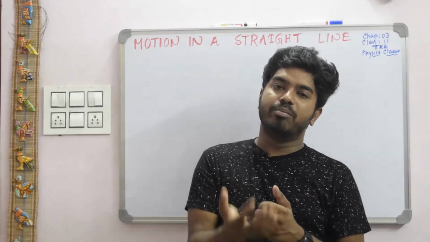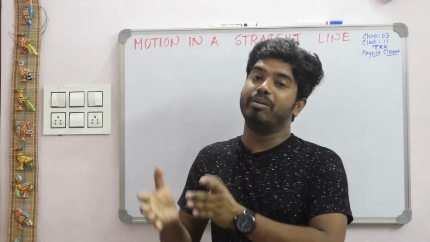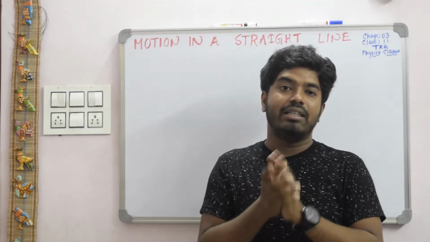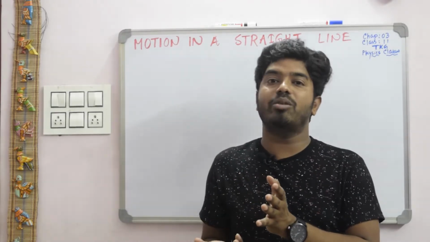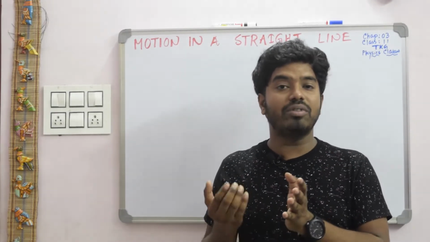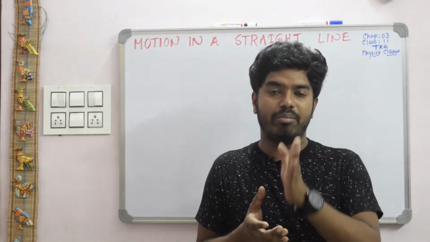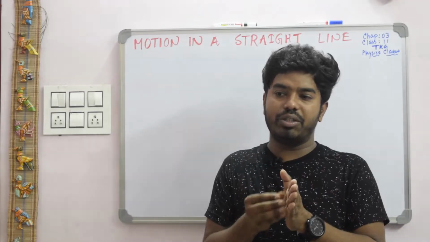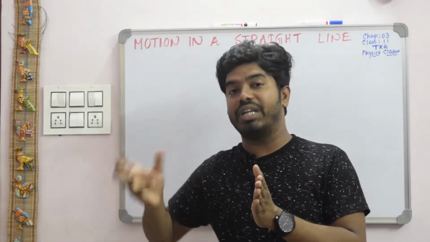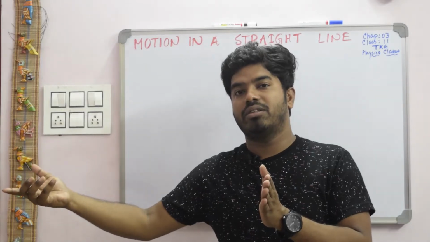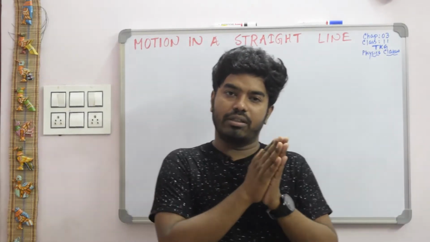Similarly, what is motion? A body is said to be in motion when it changes its position with respect to surroundings with the passage of time. Suppose a train is moving on a railway track. At a particular time, the train is situated at a point. After some time interval, the position of the train changes. So this example is related to motion.